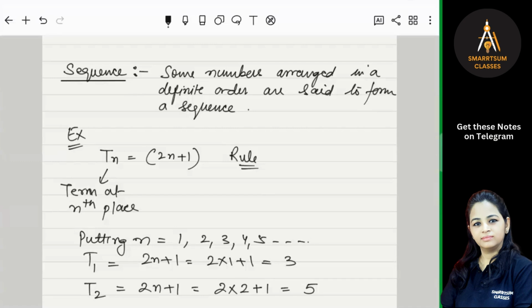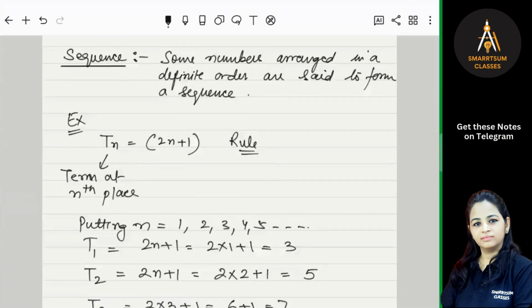Okay, so we can have a general rule for the sequence, right? And now by putting the different position, right, we can easily find what can be the term at that position within the sequence, right? So Tn is the nth term, or you can say it is the term at nth place. And what is the value of n? That can be changed, right? That is a variable, right? So you can put the value of n within the rule and you can find the nth term to that